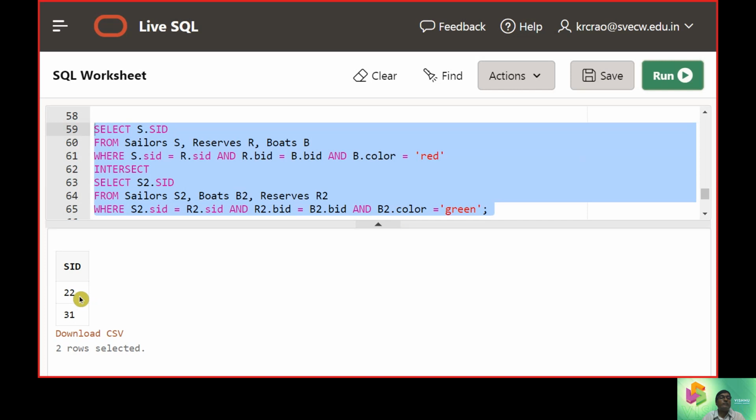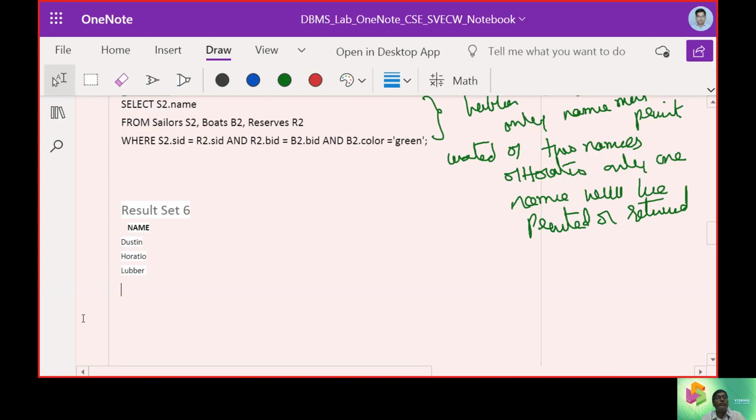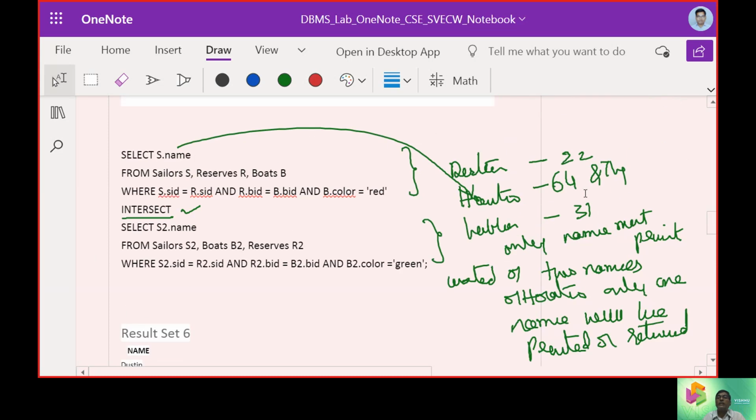This is quite interesting. 22 and 31 are going to be available at this point. So that was another key takeaway. In this case, it is again fishy to print either 64 or 74.